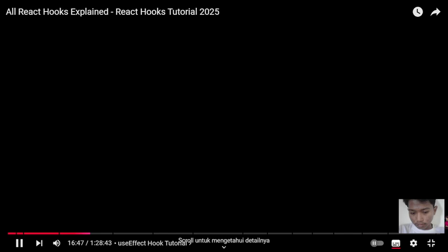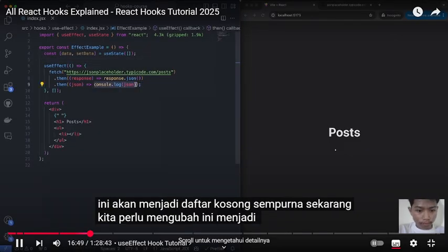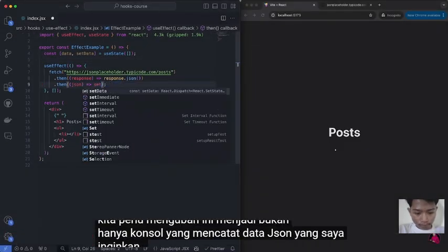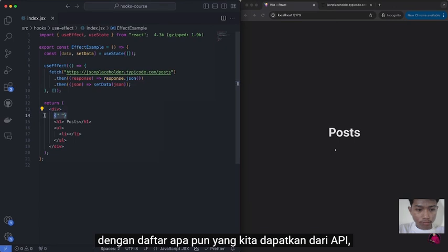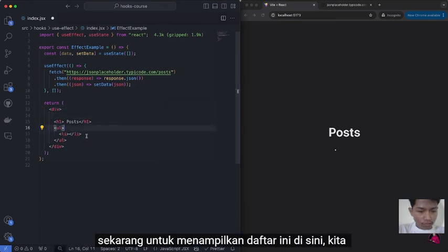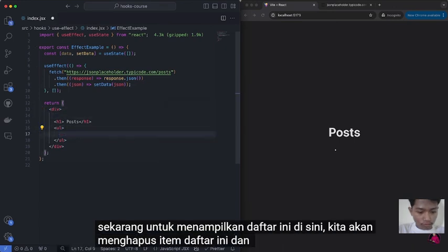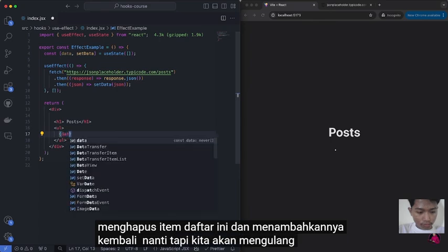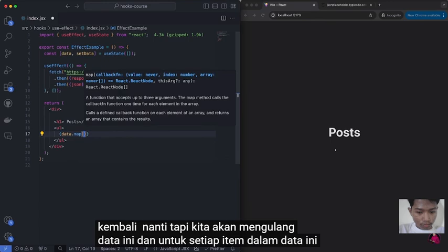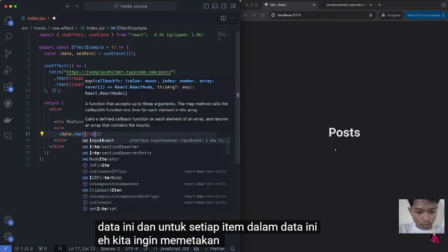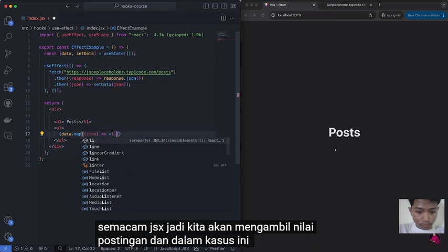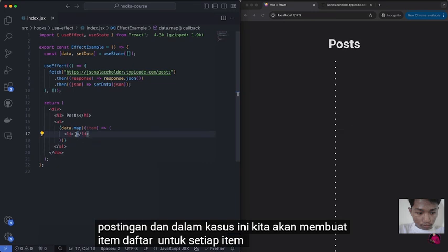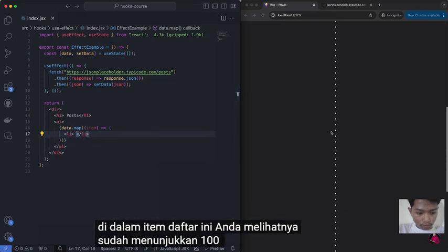Now we need to change this to, instead of just console logging the JSON data, set the data state to be equal to whatever list we get from the API. Perfect. Now to display this list over here, we'll delete this list item and add it back again later, but we'll just loop through this data. And for each item in this data, we want to map its value to some sort of JSX. So we'll grab the value of the post, and in this case, we'll create a list item for each of the items. And inside of this list item, you see it already shows the 100 list items that we got,